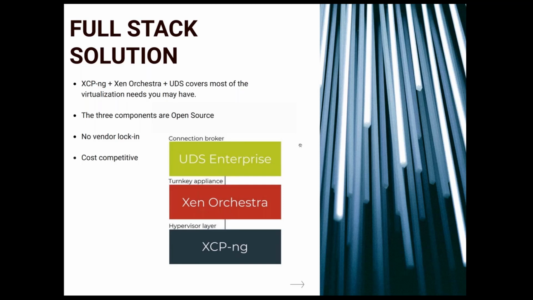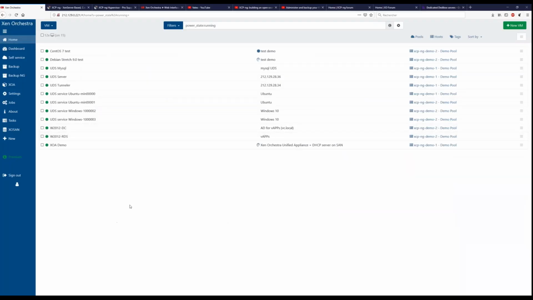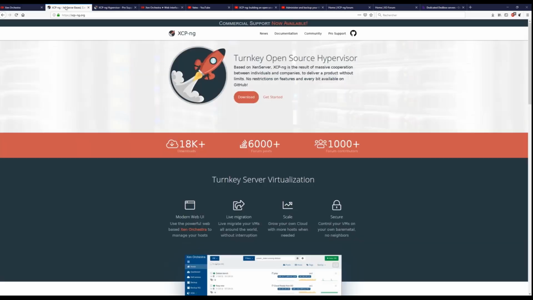So now I will show you a bit about XCP-ng, Xen Orchestra, and after my quick demo, it will be Victor's turn. So first, I will show you the web UI of Xen Orchestra. I can't really show you what XCP-ng is because this is a virtualization platform, but I can show you the UI on top of it. Just to give you some information, the website of XCP-ng is xcp-ng.org, and you can go there to download it